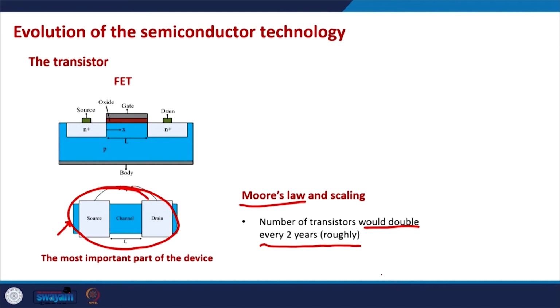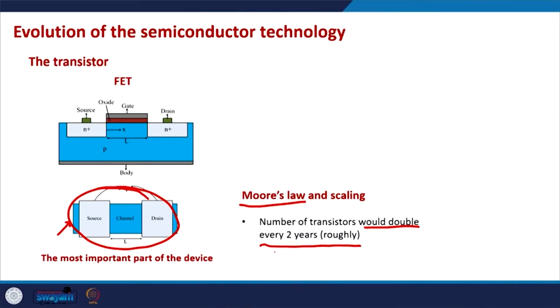So that's the scale of the progress of transistor technology, that the number of transistors on the same area of the chip would almost double every 2 years. Gordon Moore was the co-founder of Intel, and he put forth this observation. Moore's law is not a fundamental law of nature, it is more like an observation about the progress of